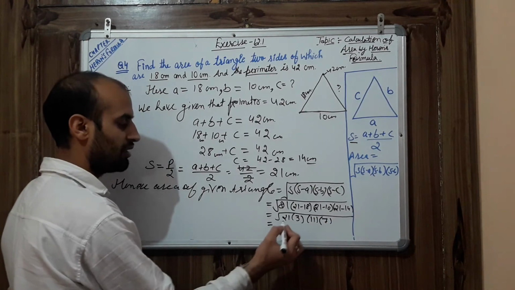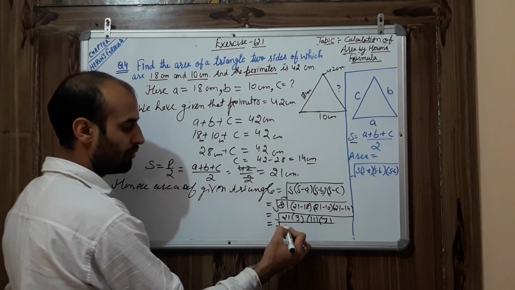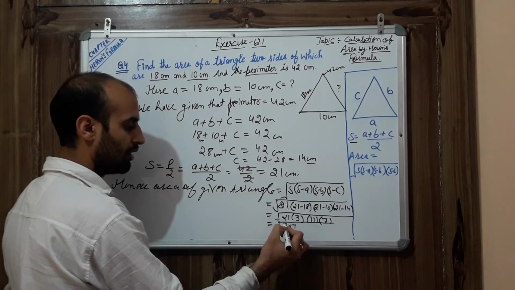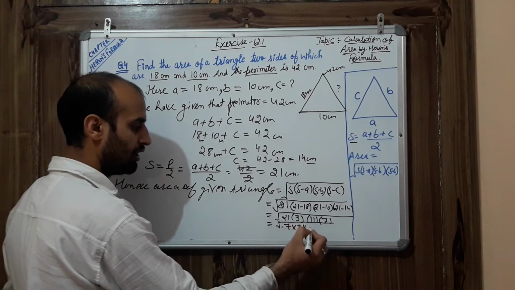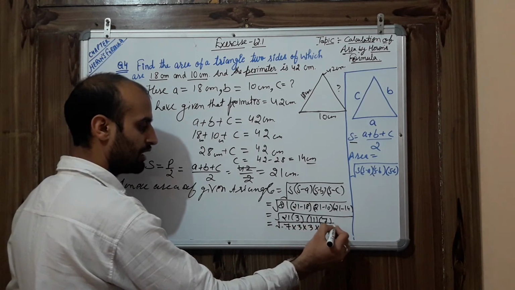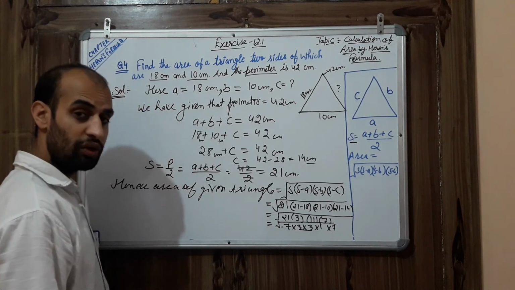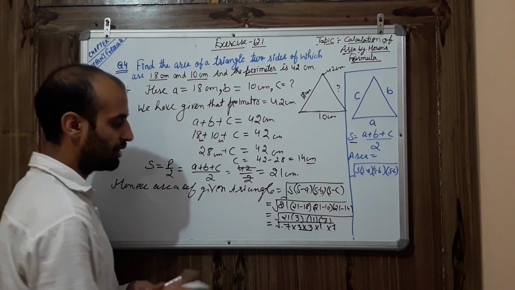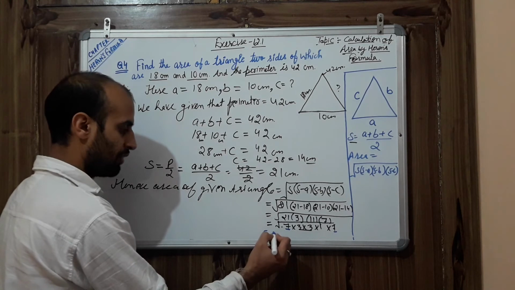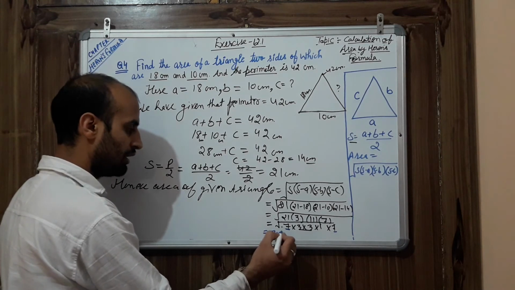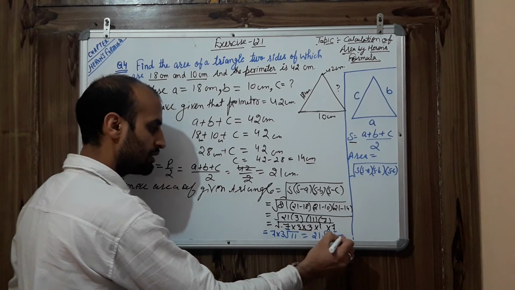So simply you can see here, as I told you earlier also, we can do factorization. This 21 I can write as 3 times 7, or you can write 7 times 3, 21. The other 3 you already have, 11 as such, 7 as such. So the numbers which are repeated form pairs: 3 is 2 times, as well as 7 is also 2 times here. So take out these both numbers outside the bracket, so it becomes 7 into 3 and under root 11. So it becomes 21 under root 11 centimeter square.